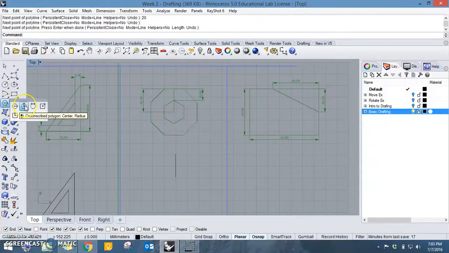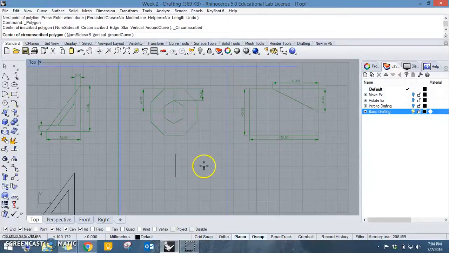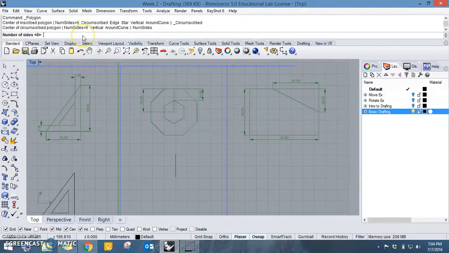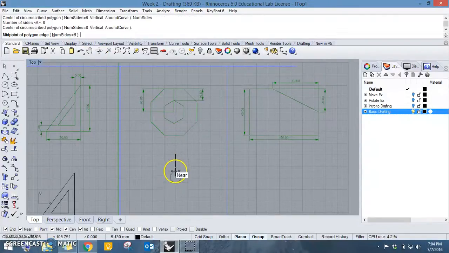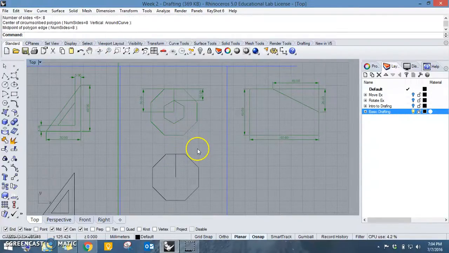Using the center, the second one. The number of sides we change to 8. Then we just drag it in place. Done, from center to the edge. Okay, the next one I'm going to share with you is the